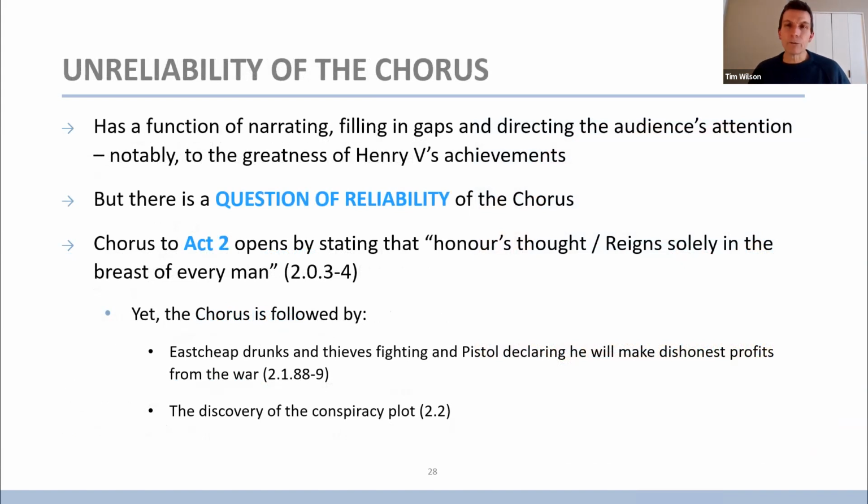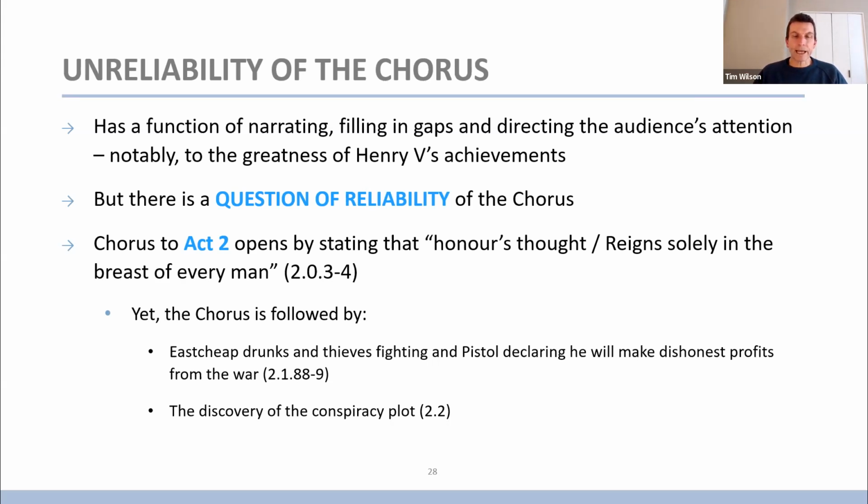I want to mention the unreliability of the chorus. The chorus has the function of narrating and filling in the gaps and directing the audience's attention. But the chorus has a point of view, it seems. The chorus is pointing our attention to the greatness of Henry V's achievement, but there's a question of the reliability of the chorus. So, for instance, the chorus to Act 2 opens by stating that honor's thought reigns solely in the